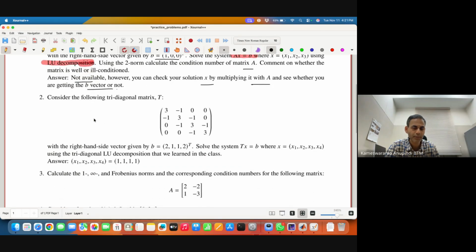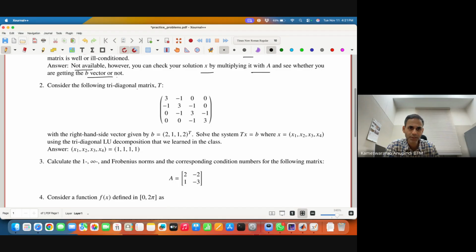Then let's look at the second problem. Consider the following tridiagonal matrix. There are 3's on the diagonal and -1's above and below the diagonal, with the right hand side vector given by 2, 1, 1, 2. Then solve the system Tx equal to B. So this T times X1, X2, X3, X4 equals 2, 1, 1, 2 is what you have to solve